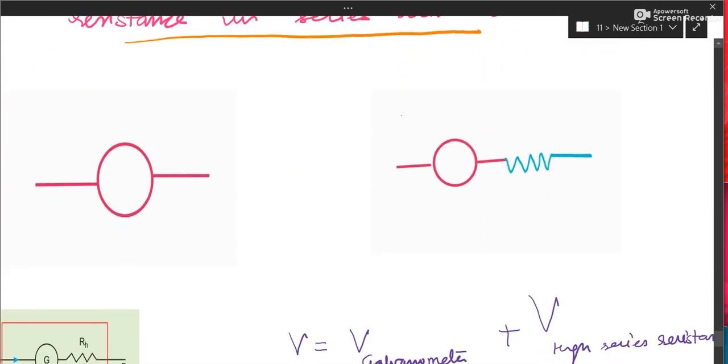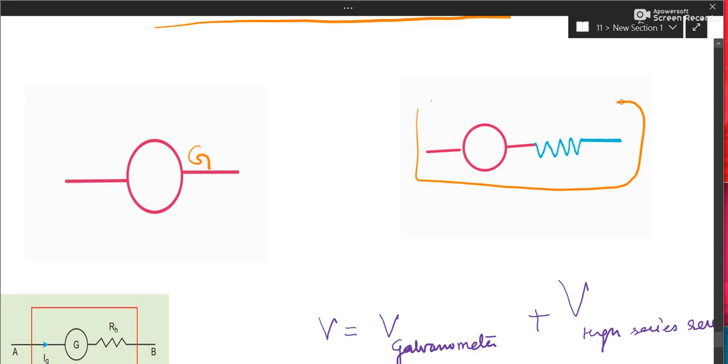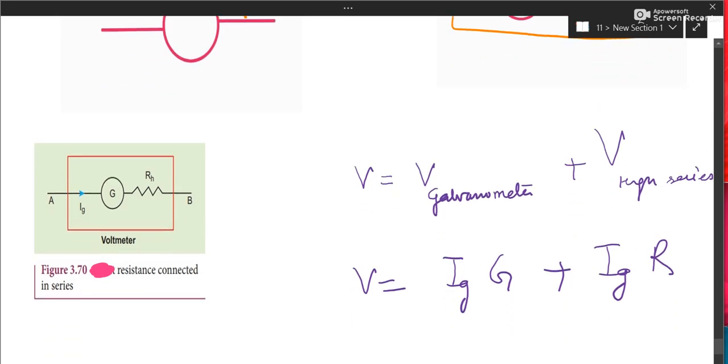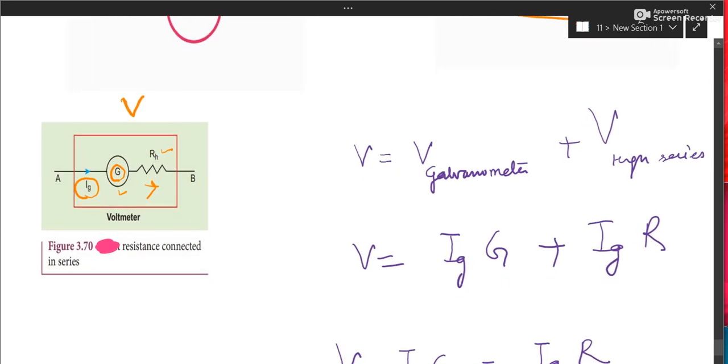So this is a galvanometer. It can be changed into a voltmeter by connecting a high resistance in series to it. So you can see here also, this is the galvanometer, this is the high resistance. Now what current will go through the galvanometer? That is always IG, the full scale deflection current. So it will go through this because they both are in series. Suppose we have to measure V volt. So this V will be the sum of voltage across this and voltage across this.